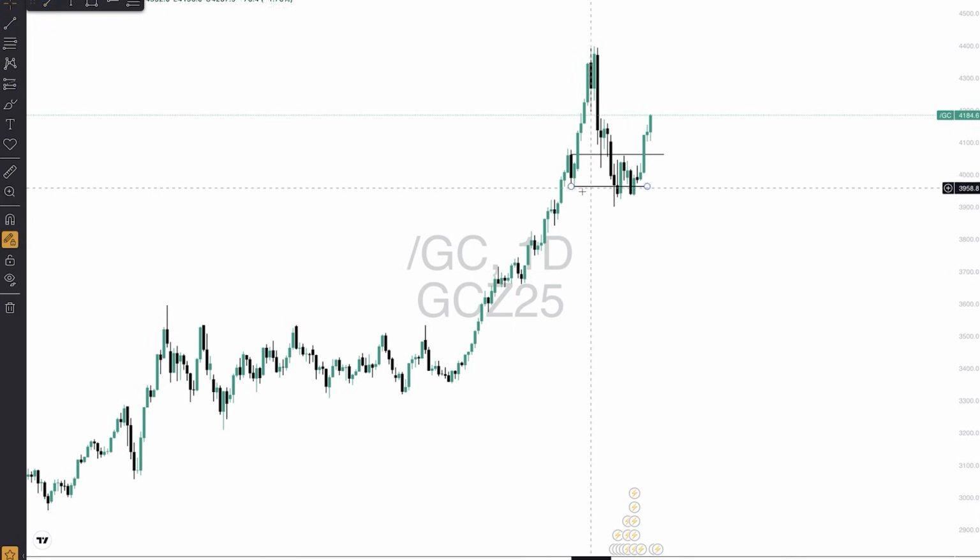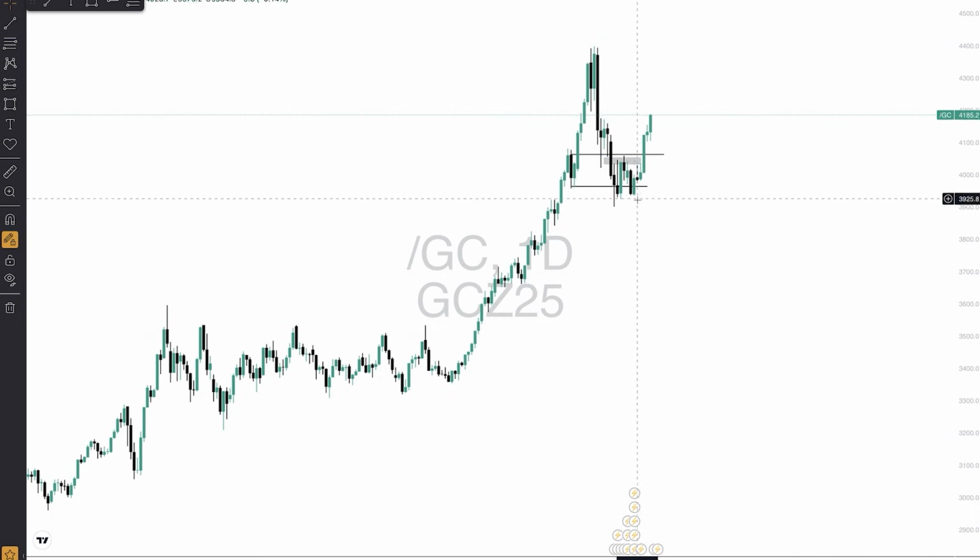When I was looking at the sell side liquidity, what happened? Price immediately started making a swing high, didn't make a bullish order block, and proceeded to trade higher into what? Into a bearish fair value gap here. And what happened? Price traded into the bearish fair value gap and respected it. So if price was bearish here, right? If price was bearish here, this would have been enough for it to retrade back into this bearish fair value gap here. It would have been enough for it to trade back in there and continue lower.